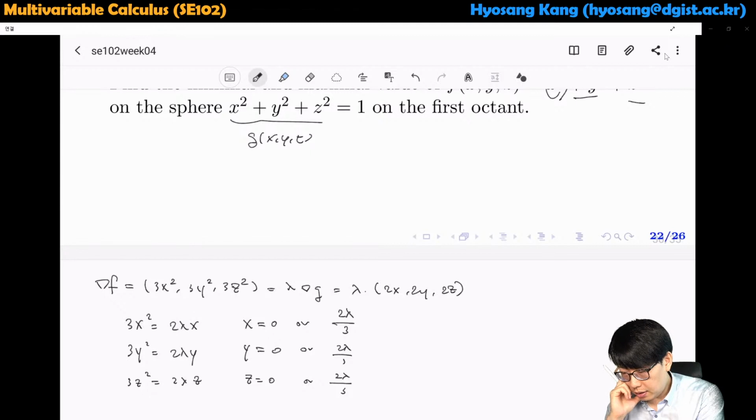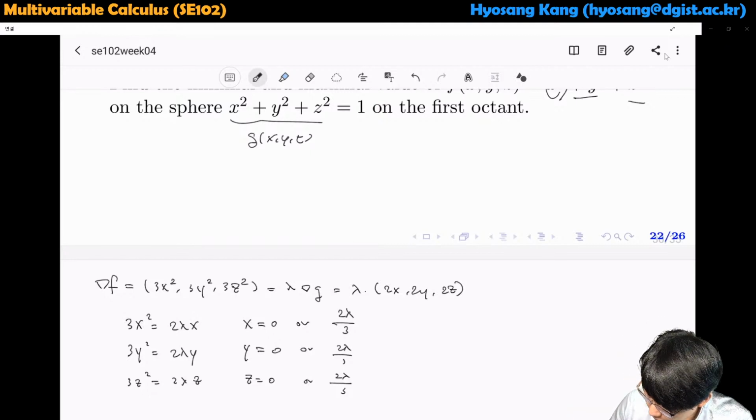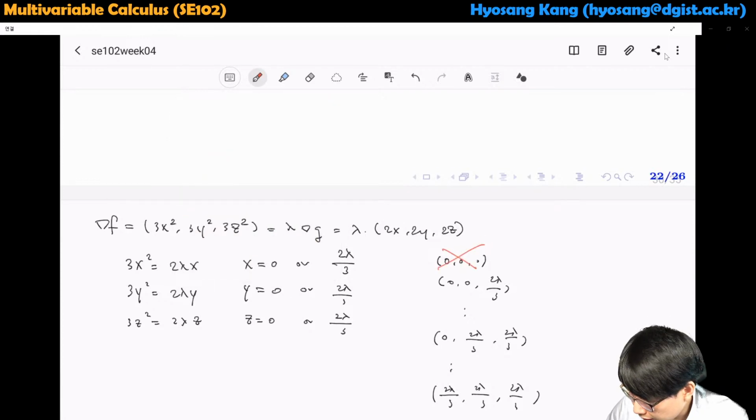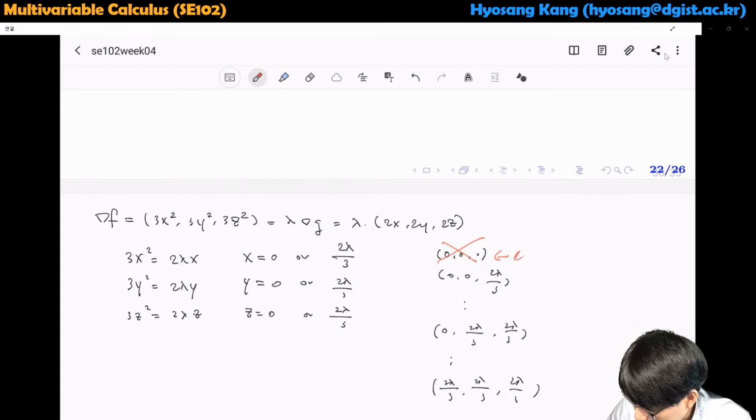You have a combination of points: 0, 0, 0, or 0, 0, 2 lambda over 3, or 0, 2 lambda over 3, 2 lambda over 3, and you could have all non-zero values, 2 lambda over 3 each. However, this cannot be the extremal point,